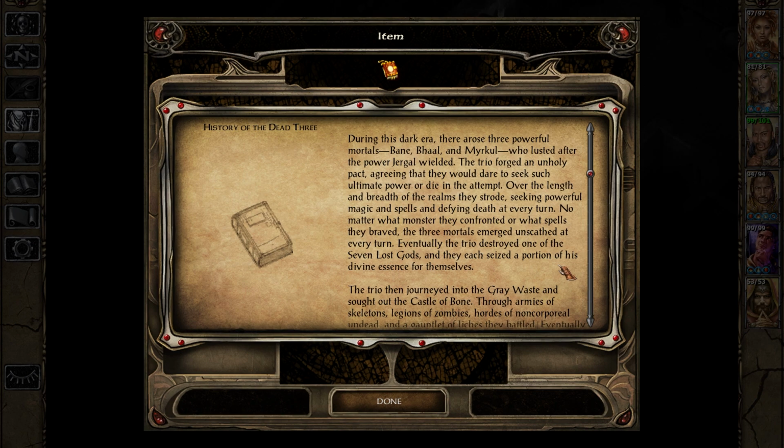The trio forged an unholy pact, agreeing that they would dare to seek such ultimate power or die in the attempt. Over the length and breadth of the realms they strode, seeking powerful magic and spells and defying death at every turn. No matter what monster they confronted or what spells they braved, the three mortals emerged unscathed at every turn. Eventually the trio destroyed one of the 7 lost gods, and they each seized a portion of his divine